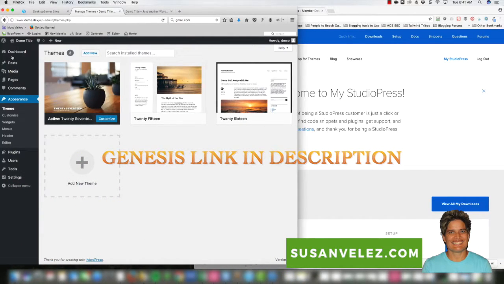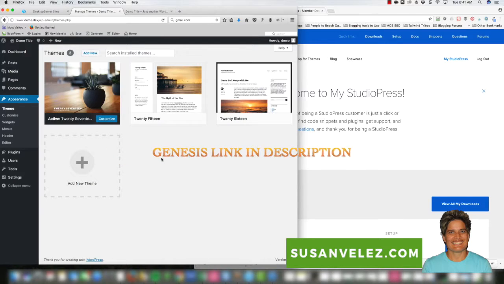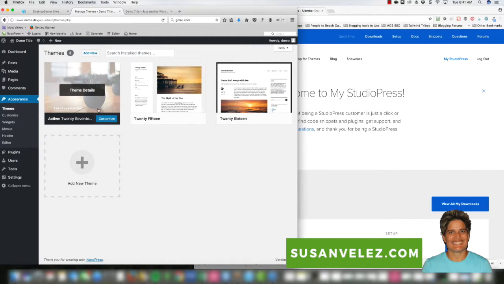So what you'll want to do is log into your WordPress site, and we're going to come down here to Appearance and Themes, and you can see which theme is active because it'll tell you right here. This is the active theme, and it's the 2017. We don't want to use that theme anymore. We actually want to replace our theme with a Genesis framework. Now you can use whatever theme you choose. I'm just going to show you how to change out an active theme and replace it with the theme